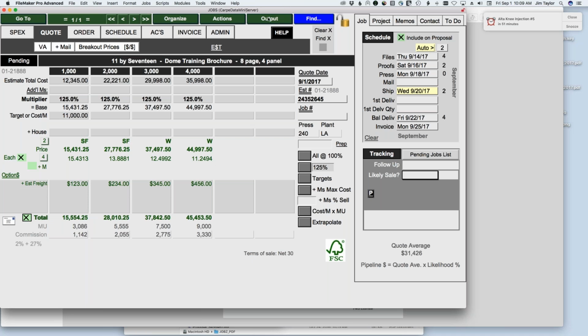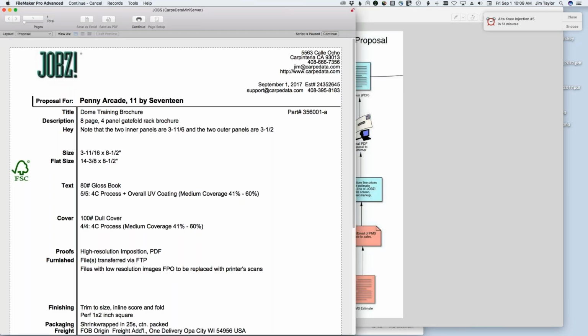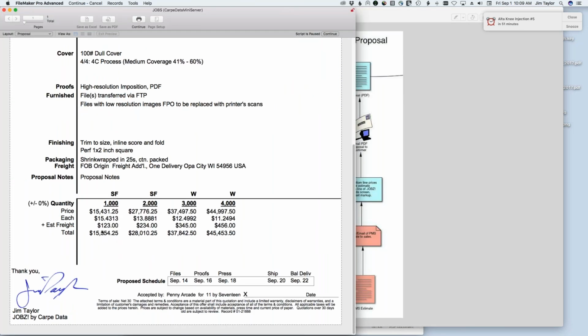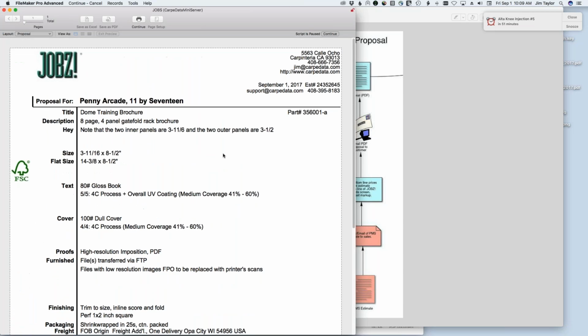And I'm going to output an email proposal PDF. I get to review it. Oh yeah, now I've got my estimated freight, and the estimated freight has been added to the price, and my proposed schedule shows down here. There's a place for the customer to sign. It's got my signature, and I click